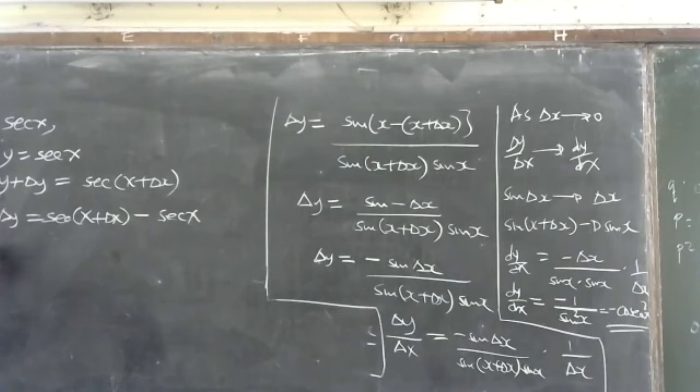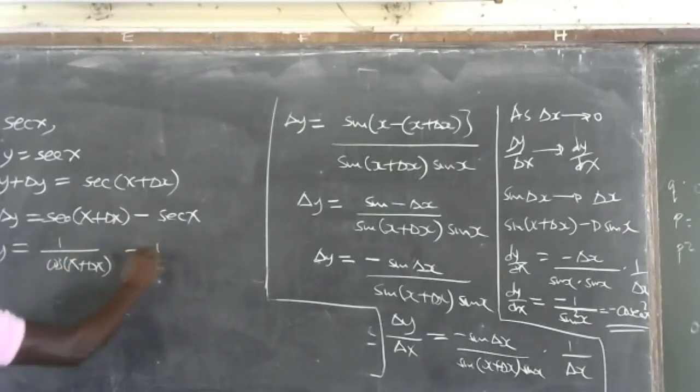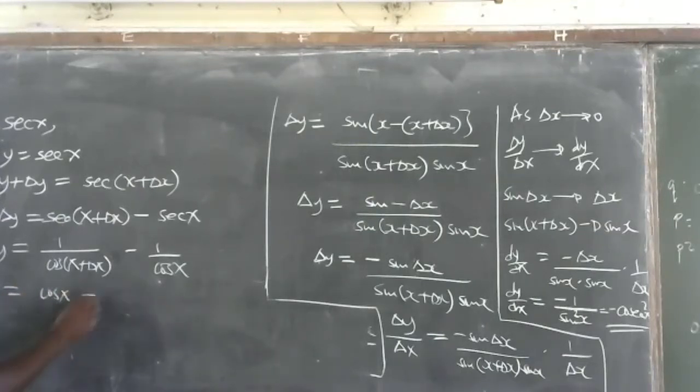And change in y would be, you convert that to 1 over cos of x plus change in x minus 1 over cos x. In the LCM, should be cos of x minus change in x out of